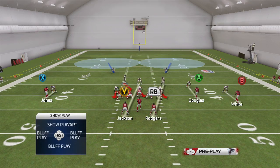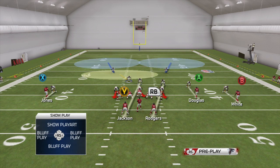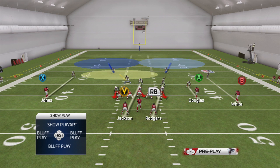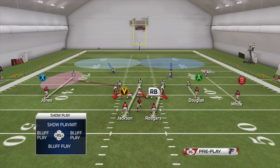However, what I like to do is run a lot of man coverage, because whenever you put people in the curl flats, you're losing the defender to the sidelines, and you're not going to be able to control the middle as well. So what we found as a solution that I've been running all year is to back off the outside corners, or whatever cornerback you want to play to stop the out route, individually back them off, and then shade them